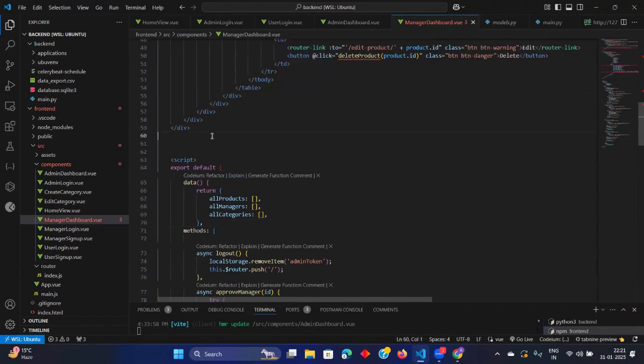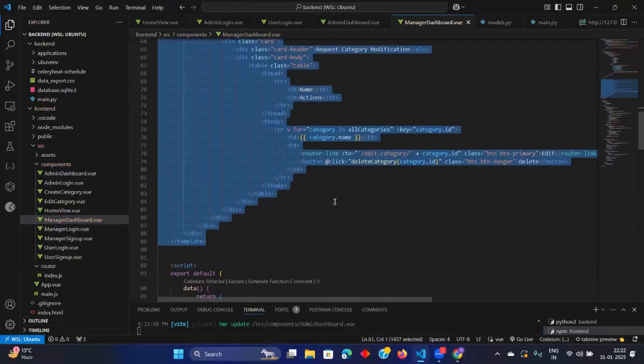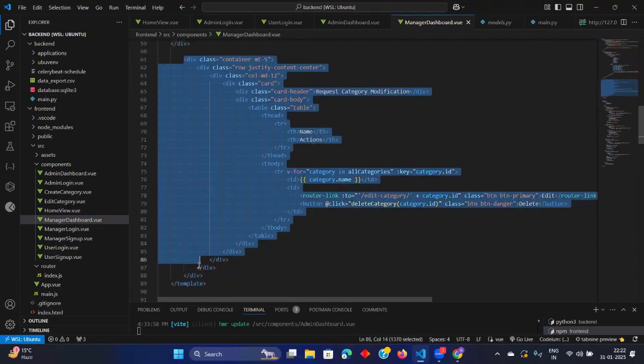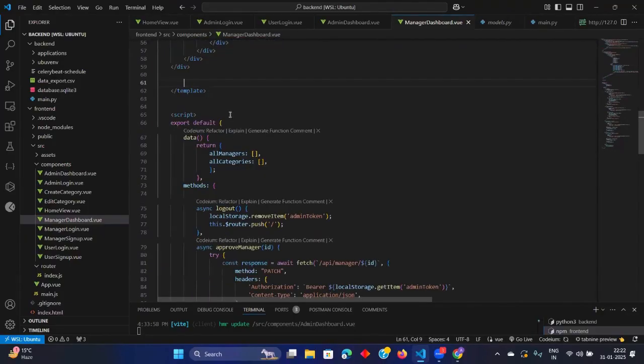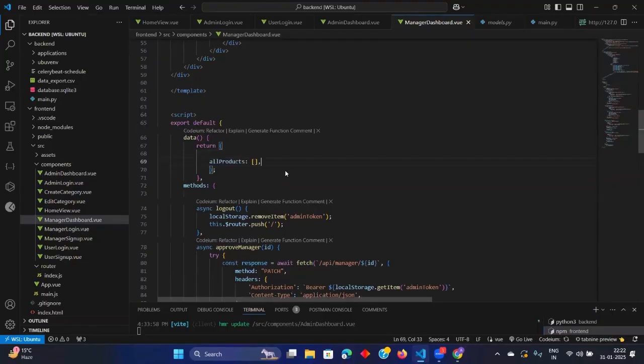We will delete template also. Okay. So now this loading thing is because of tab 9.